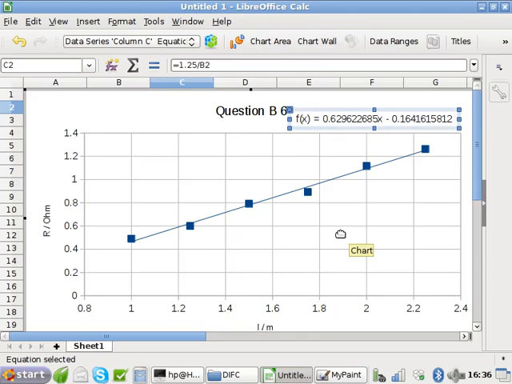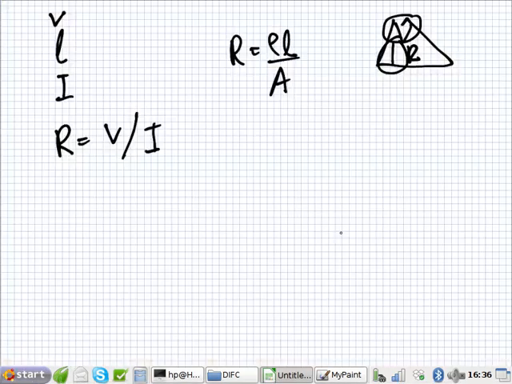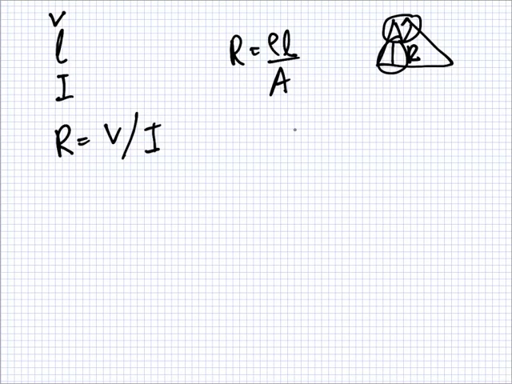Now for the next part, they give you the diameter and they want the rho. So if I go back here, now they tell us the diameter, so we know the area. Do we know the length? Yeah. Do we know the resistance? Yeah. Well, we actually know many resistances, don't we? Although they don't, no, sorry, they do say use the graph. So if you look at your graph,